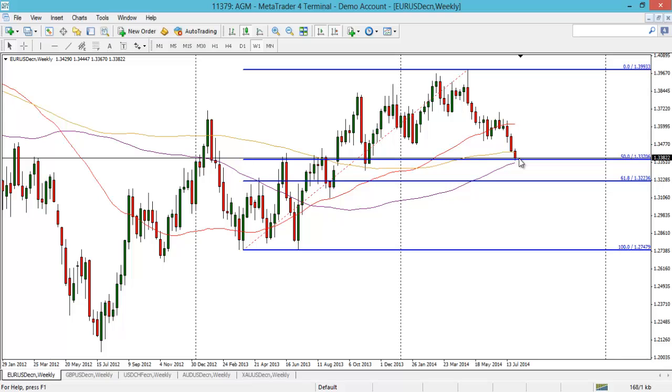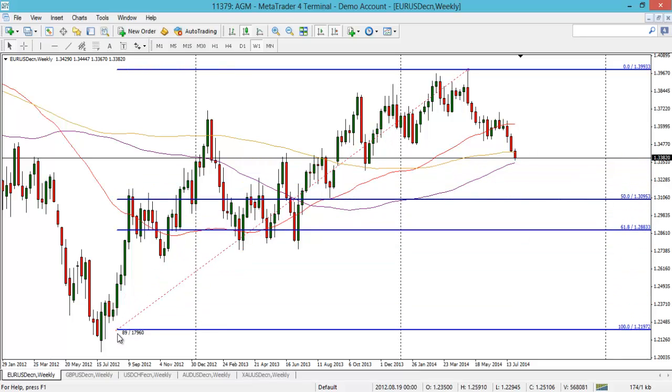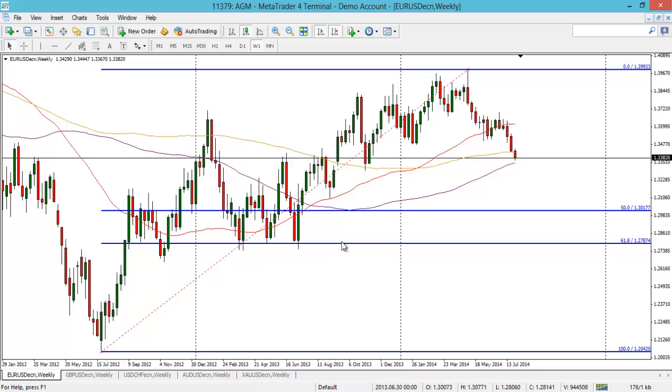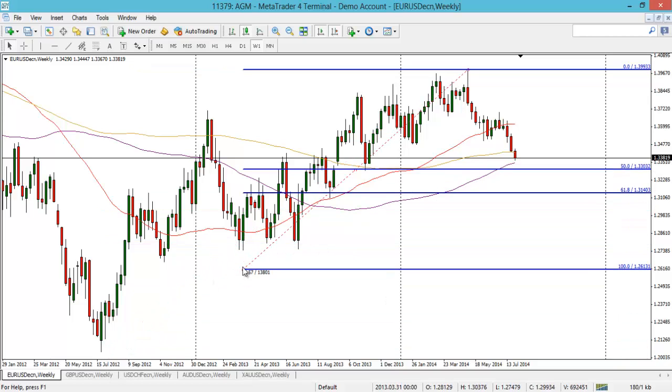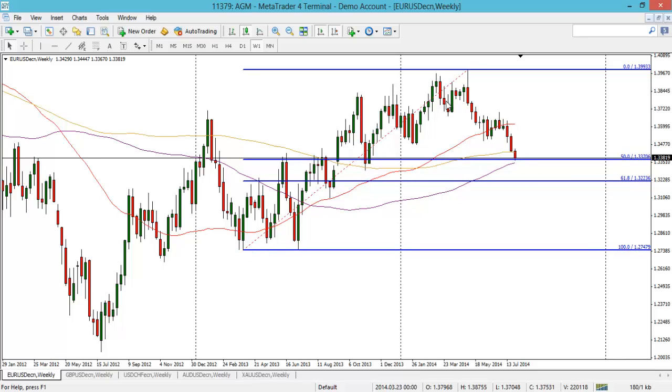And of course, it is non-farm payrolls today, so if we get a really weak US number, then this really could reverse off of it, and then you never know what could happen. We could even get a close of the 200-week moving average. If it's a strong number, then we could get a real blowout here, and you could be looking at a much bigger move on this weekly chart. Interestingly, there's some previous support at this 61.8 as well, but that's a long way away. So it really is all about the weekly candle close this week. Big week in terms of the candles here, and it could have a long-term impact, I think.